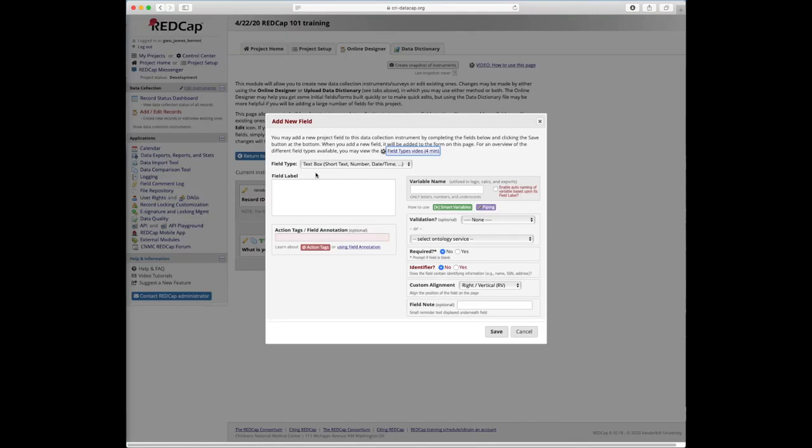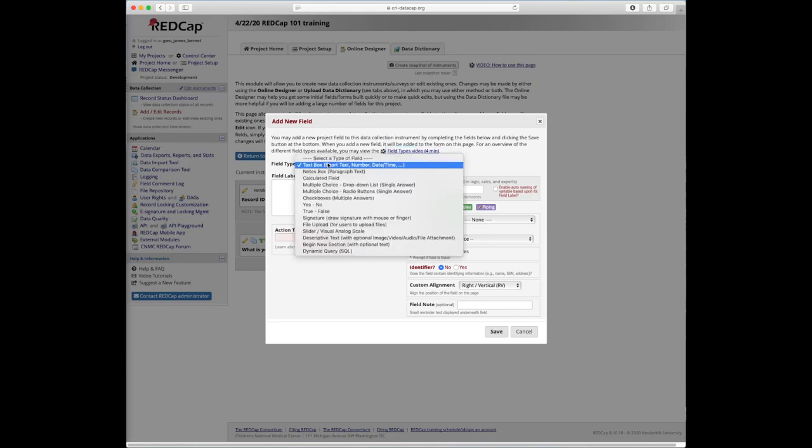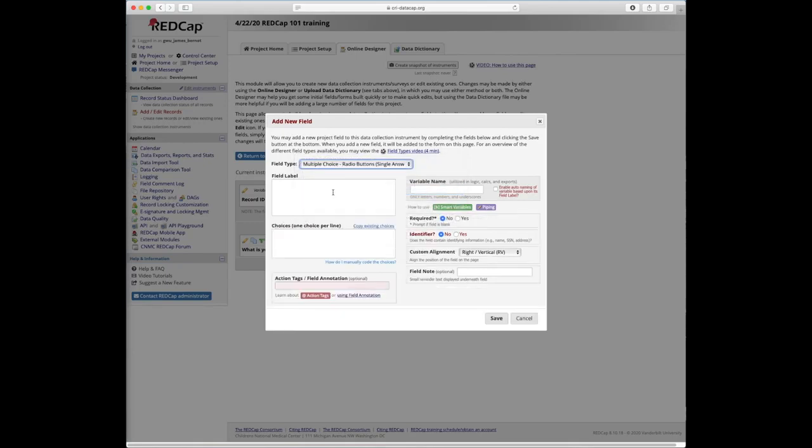Add field. By default, the previous field type is always selected, so automatically we see the text box option here. For our next field, though, we want to use multiple choice radio buttons, so we're going to select that. We're going to enter our field label. What sex were you assigned at birth? Question mark. We'll give it a variable name as just